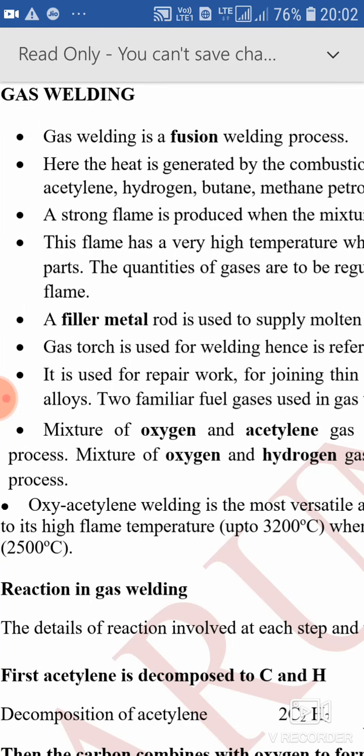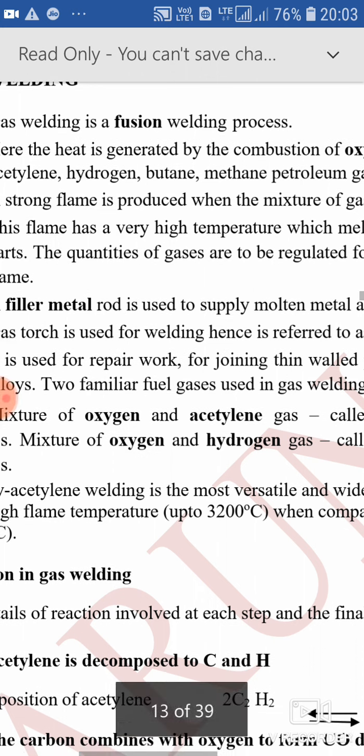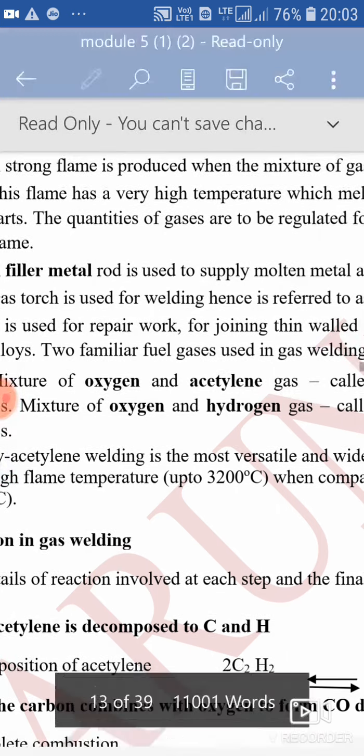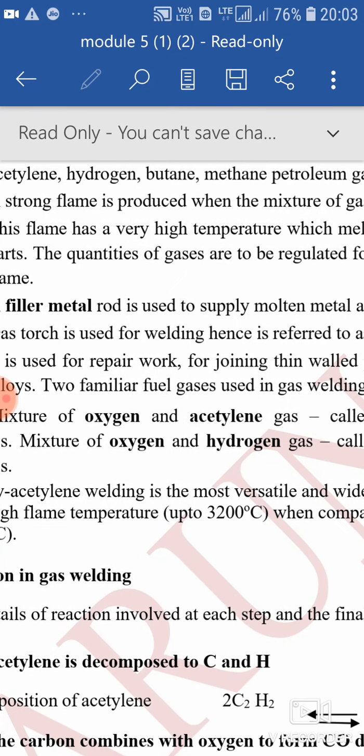Gas welding is a fusion welding process. Here heat is generated by the combustion of oxygen and acetylene gas or oxygen and hydrogen gas. Due to the combustion of oxygen and acetylene, a strong flame is produced at a very high temperature, and this temperature is sufficient to melt the base metal as well as the